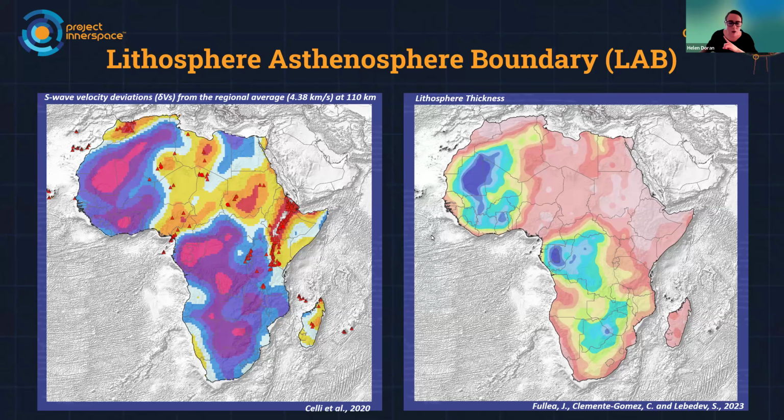And the map on the right-hand side is the depth to the LAB. And you can see the very positive correlation between these two maps. And if you recall, in our previous slide, we mentioned that the LAB represents that 1330 isotherm, the temperature at which melt occurs. So it's no surprise when you look at the shear wave velocity in the LAB map that